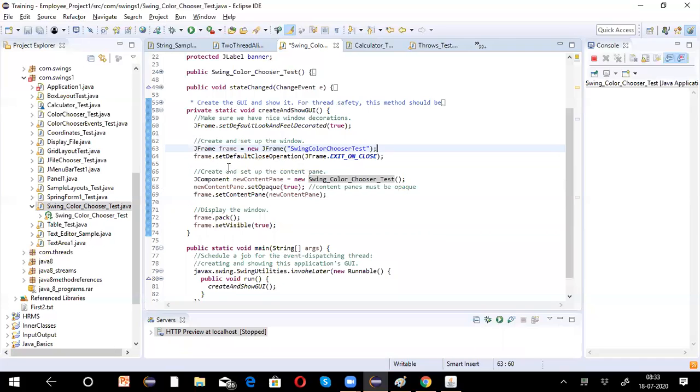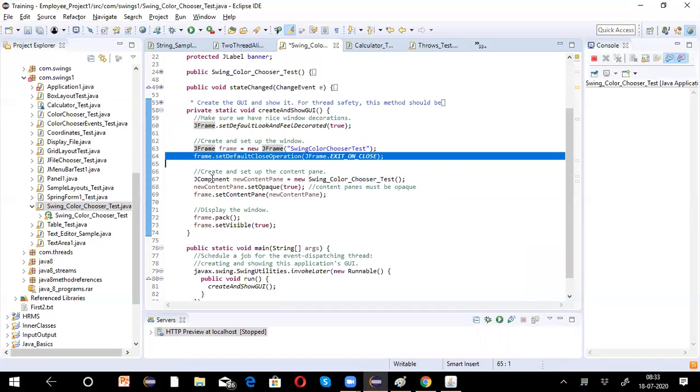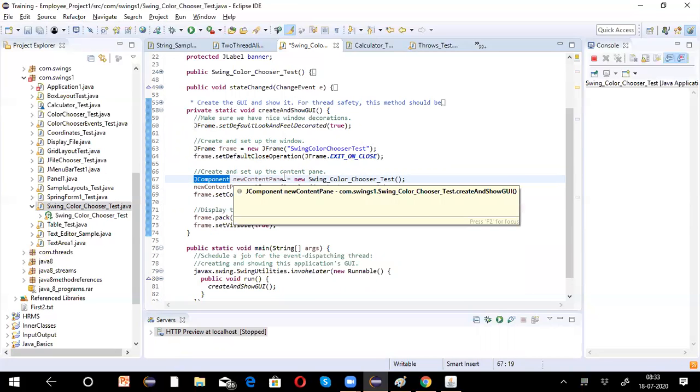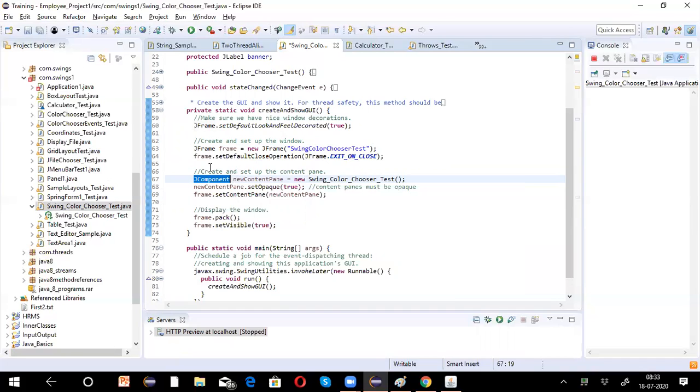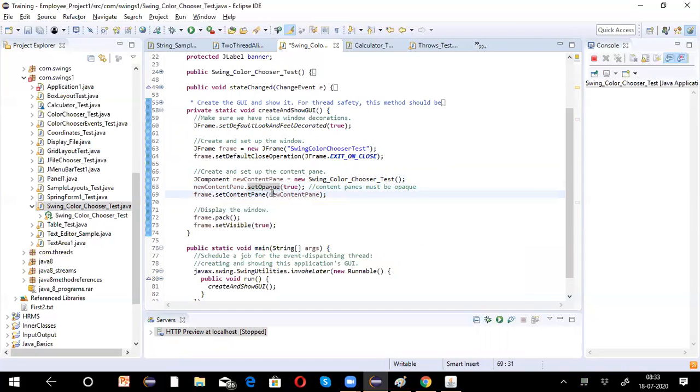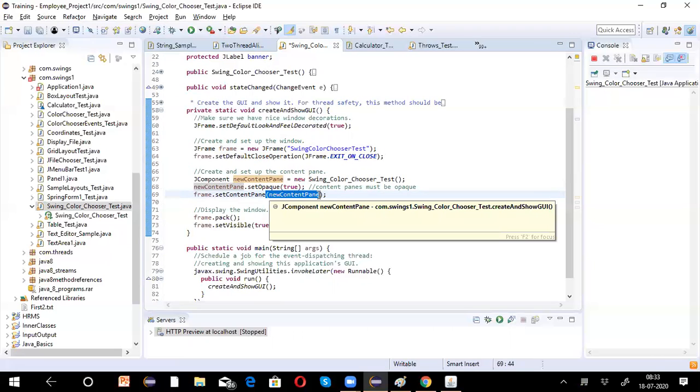We are making the panel a component, adding the panel to the JComponent, and then setting opaque to true. Then frame.setContentPane(newContentPane) means that indirectly we are adding the panel to the frame.